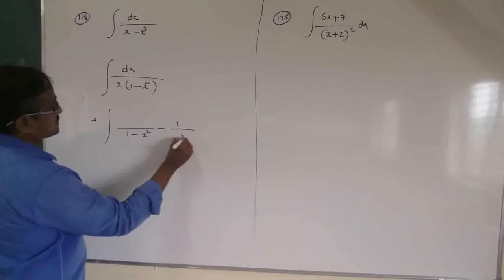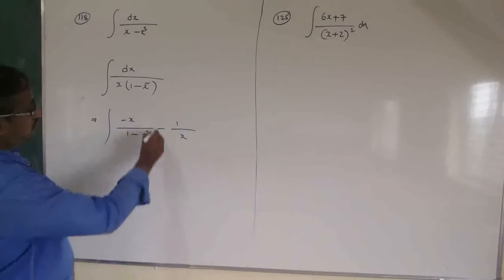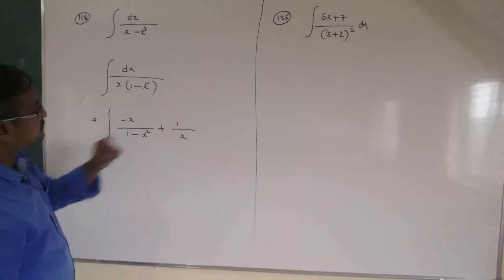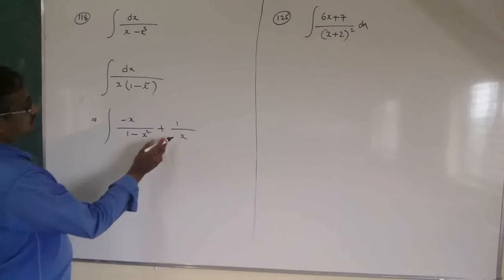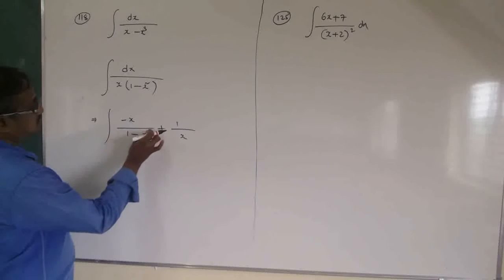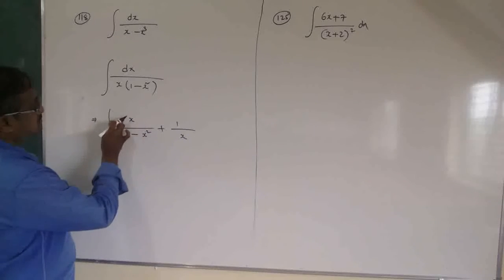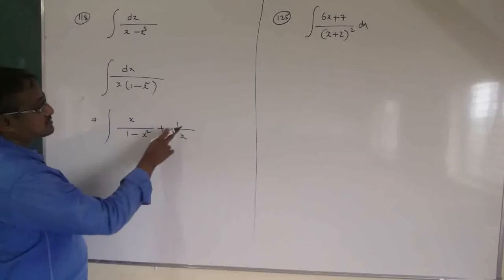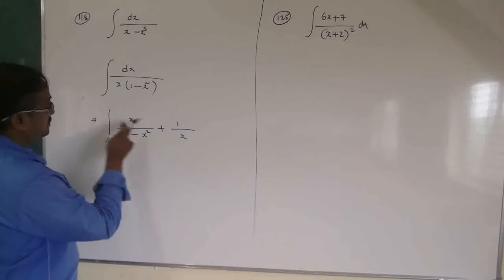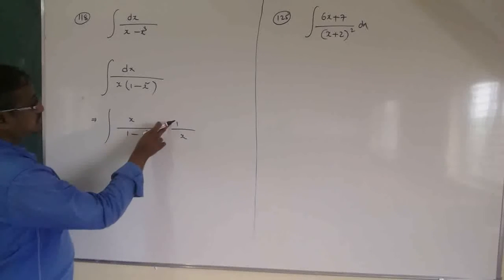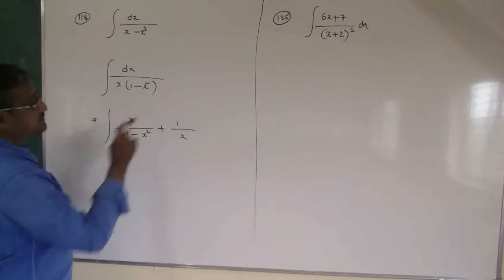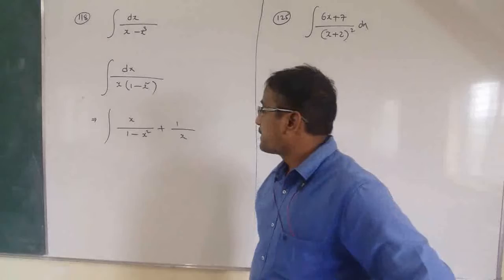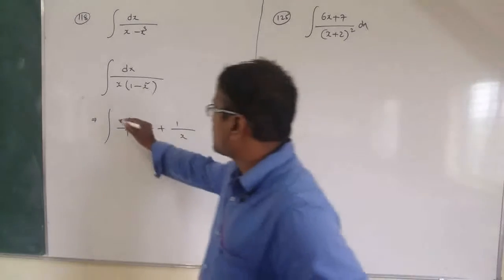this can be written as minus x by 1 minus x square plus 1 by x. Right, plus x by 1 minus x square plus 1 by x. It will be x square plus 1 minus x square. X square minus x square will be cancelled and you will get 1 in the numerator. Now if you observe the first